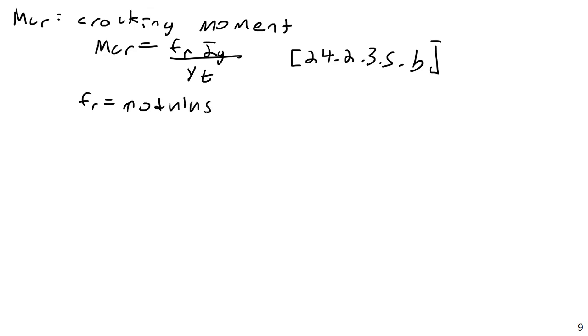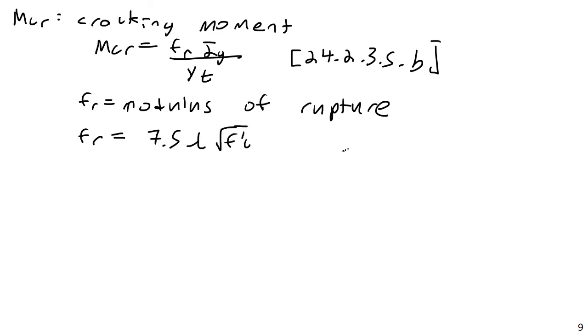And this is something you can actually directly measure from a lab test, but like most things in the ACI code, we usually just use a formula where we can calculate this from the f'c value, because that is the main mechanical property of concrete that we tend to calculate everything else off of. This is a material property, the modulus of rupture. And the formula for this, fr, is equal to 7.5 times lambda times the square root of f'c,